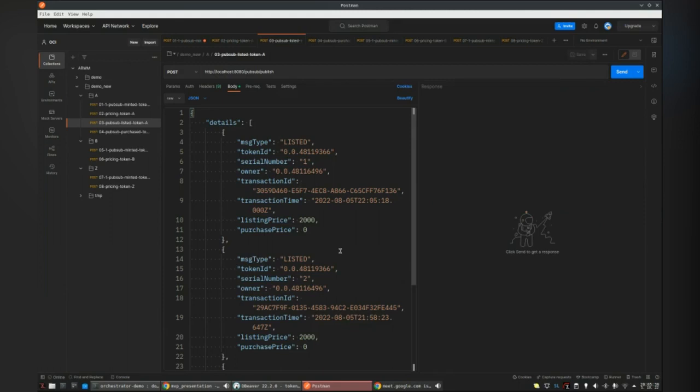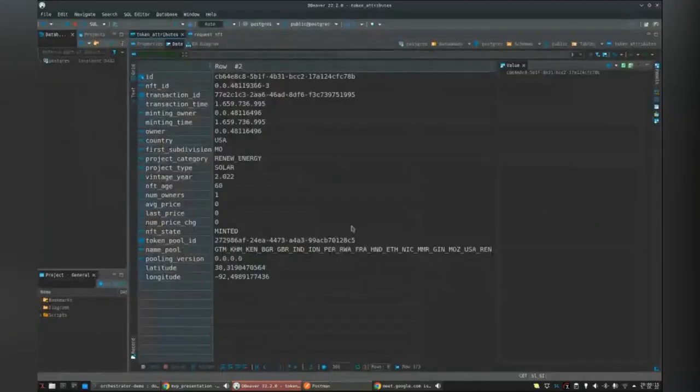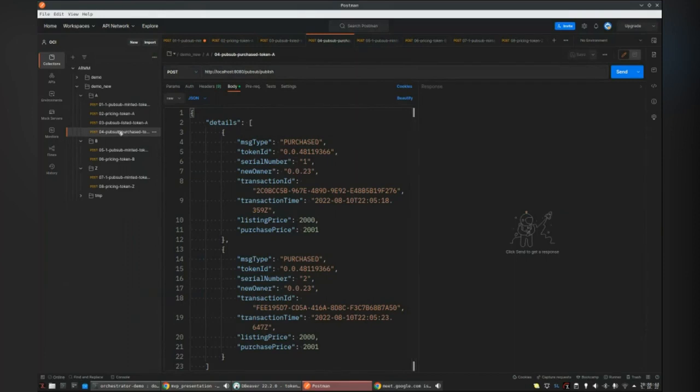And it's got the same token ID, the same serial numbers, and now it just has a listing price. This is the message ingested by the ARM, and then the resulting data that is saved to the ARM database. Somebody's going to purchase these NFTs. This is the message that would occur once they have been purchased, and you'll see there's a listing price there